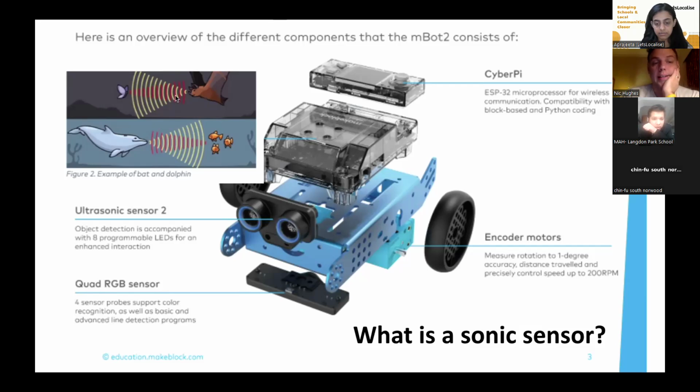This diagram is actually taken from the slide of the lesson deck, the lesson resources you've got. So some of it is identified. So that's a sonic sensor in a nutshell. And of course, it's one of many different parts of the MBOT in terms of the sensors. You've got this sensor bar down here as well, which is line following, and there are technically sensors inside the motors as well, because of course it senses how much it's moved.